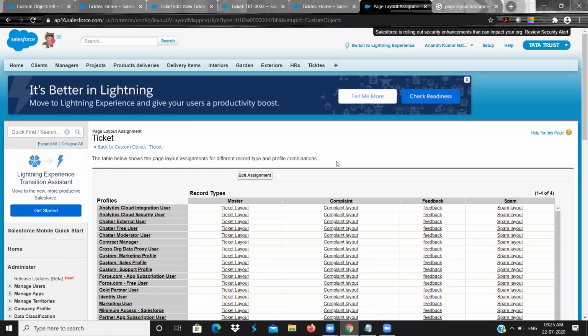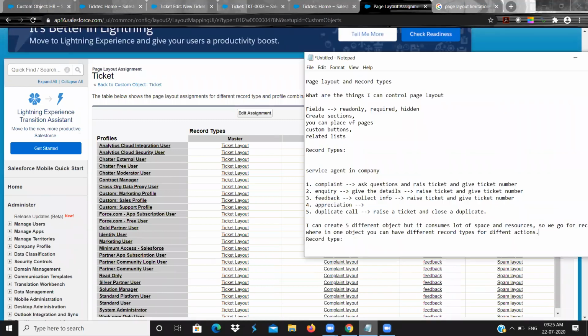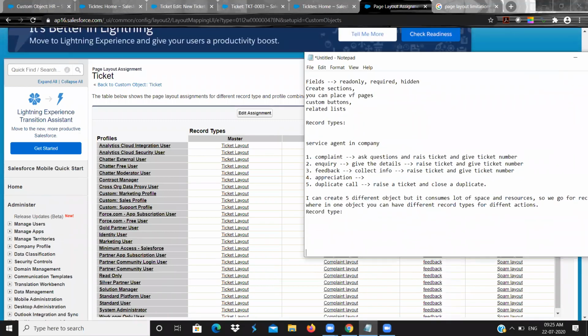That means a record type allows you to have multiple page layouts for a profile at a time. So at a time you can have many page layouts for different business cases.